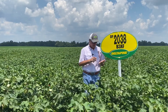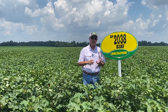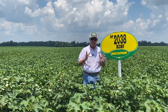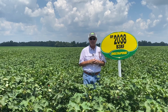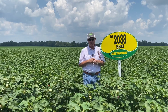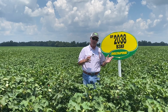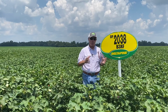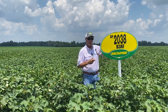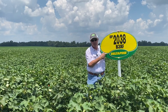Now, it's got really good strength. It's got really good mic. It's got good uniformity. The length is not 1646 length. So we've taken a little bit of a step back from a length standpoint compared to 1646, but the yield last year, this thing averaged about 200 pounds more than 1646 across all of our trials. So you more than make up for that length premium that you might be getting with 1646 with the yield